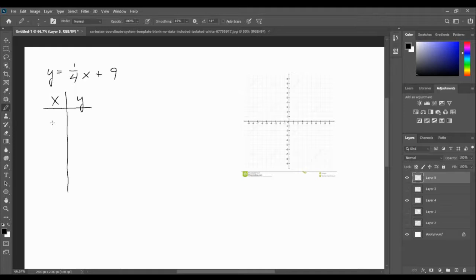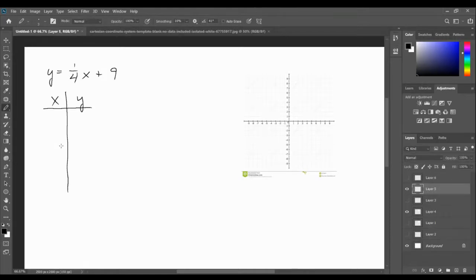Now the points I usually pick to plug in are -2, -1, 0, 1, and 2. And I do that because it gives me 5 points. They straddle the y-axis, which is what happens when x equals 0, and I can usually plug those in and get some good values. I don't think that will help me quite as much with this particular problem, and the